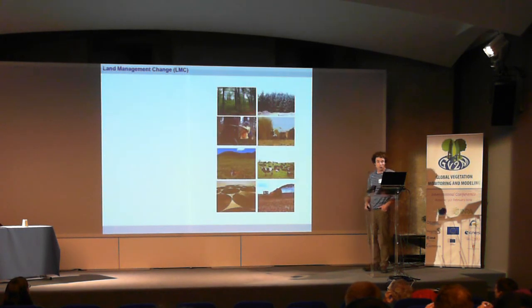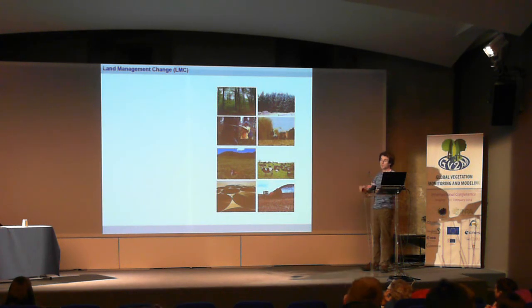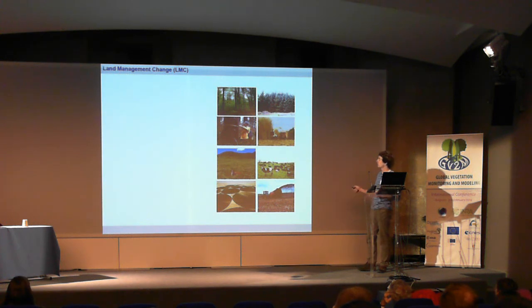So for that reason, I introduced a new term. I'm not claiming everybody should adopt the term. I just introduce it to make a distinction during this presentation between land cover change, which means that we change the vegetation, it's a forest, grassland, cropland, and land management change, which is a change where we keep the cover. So we have one forest, we cut the forest and we plant another forest. Or we have a forest and one objective could be to grow tall trees, or we just keep the forest and the objective is to grow biomass in a short rotation cover. So the cover has not changed. It all remains forest, but it's very different types of forest.